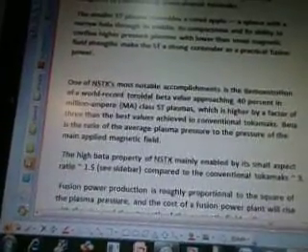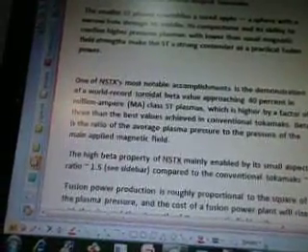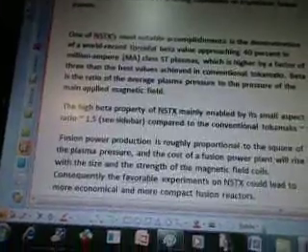The mission of the NSTX has been to demonstrate the effectiveness and greater efficiency of the spherical torus, ST, plasma geometry compared to conventional donut-shaped tokamaks. The smaller ST plasma resembles a cored apple, a sphere with a narrow hole through its middle. Its compactness and its ability to confine higher pressure plasmas with lower than usual magnetic field strengths makes the ST a strong contender as a practical fusion power. So they're looking at making nuclear